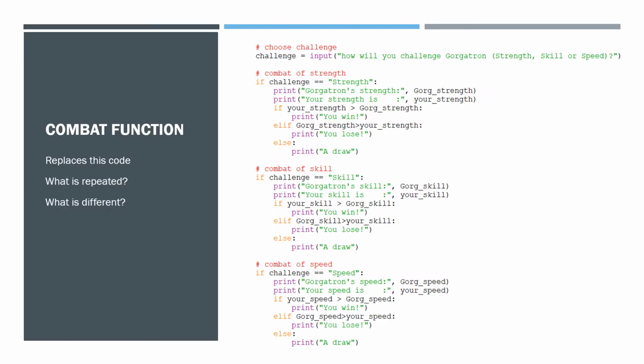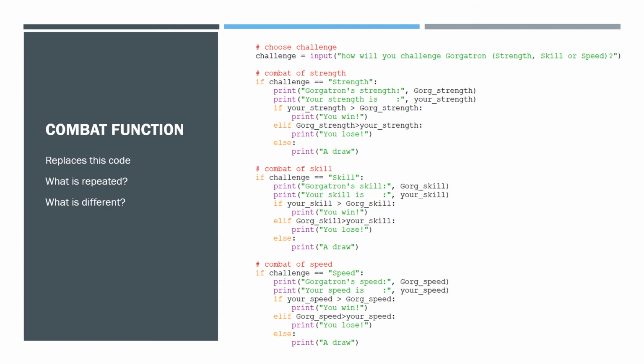Here's the current code that runs the combat between the hero and Gorgatron. The very first line, the hero chooses what kind of challenge he wants, strength, skill, or speed. If he chooses strength, his strength and Gorgatron's are compared. If he chooses skill, his skill and Gorgatron's are compared. And if he chooses speed, his speed and Gorgatron's are compared. If he's better, then he wins. Otherwise, he loses. I've actually added a draw option here, which I'm going to get rid of when I improve